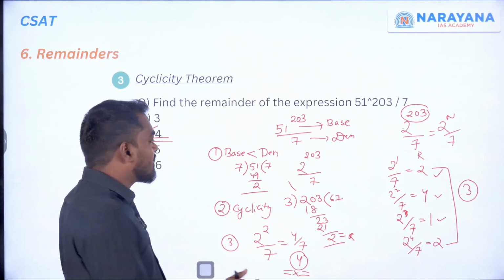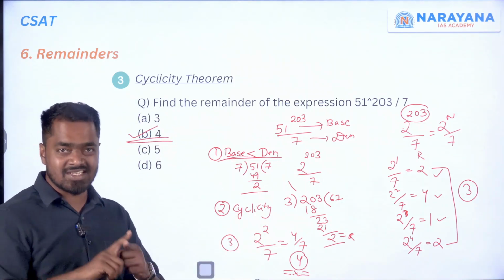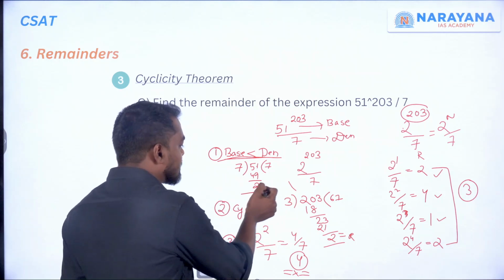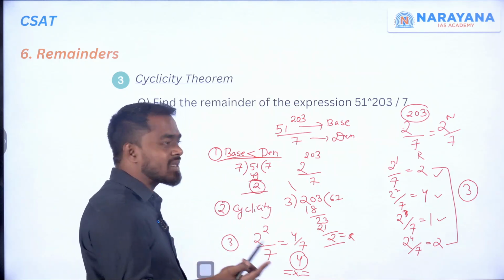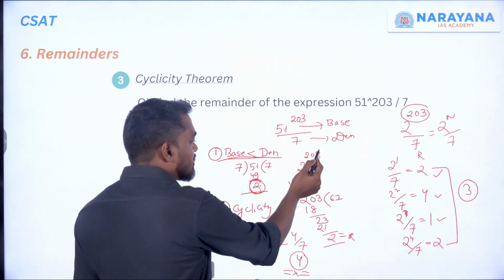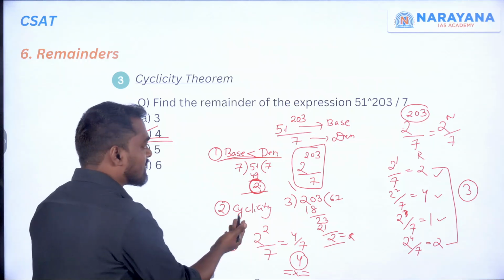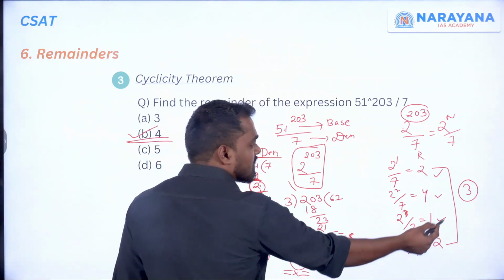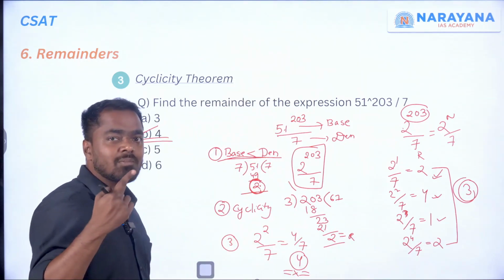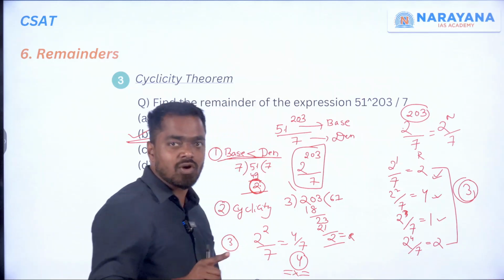There are 3 important steps. First, you have to check whether the base is less than the denominator or not. If it is greater, divide that base with the denominator and consider the remainder. Now the expression can be simplified by substituting that base with this remainder. So 2 to the power 203 by 7. Next you have to find the cyclicity. You have to check all the cases. If the same remainder repeats, count the previous number of steps. If you are getting minus 1 as the remainder, you have to take the total number of steps 4 into 2,